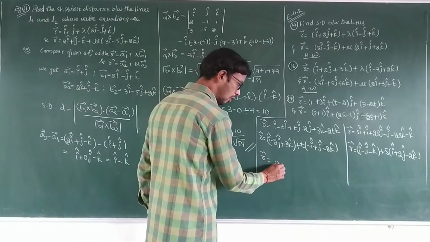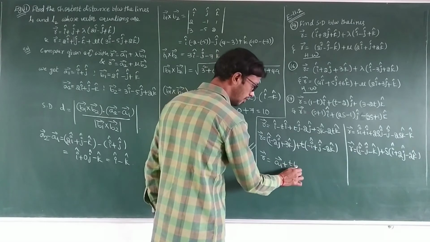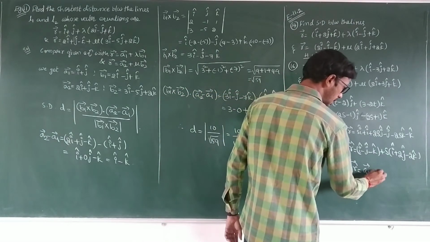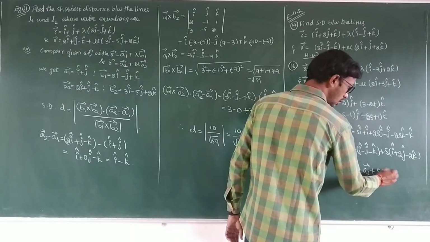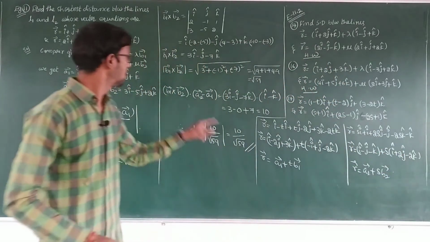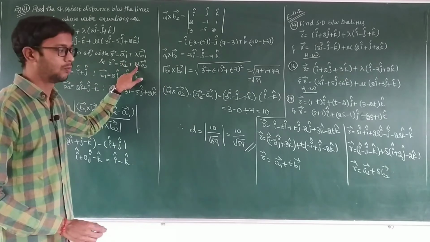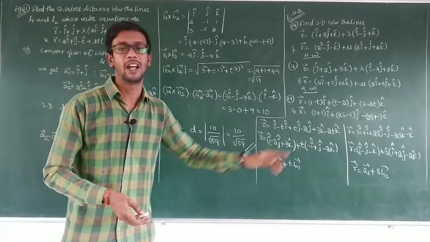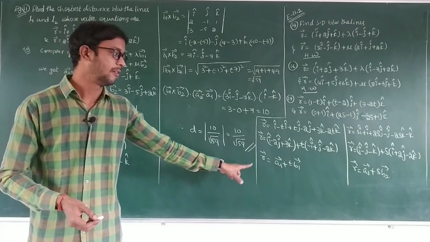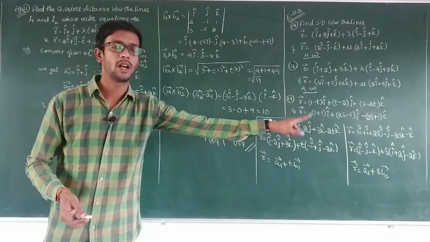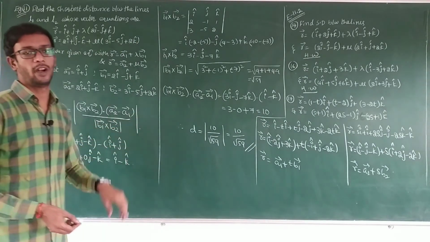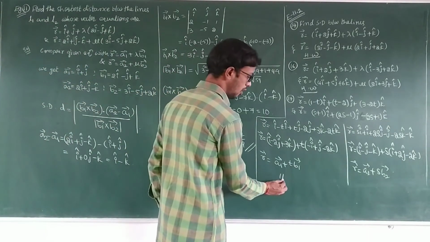So now compare this later. R bar equal to A1 bar plus lambda B1 bar, R bar equal to A2 bar plus S B2 bar. Here what is the change? Here we won't use lambda and b; t and s are the constant terms. A1 bar, B1 bar, A2 bar, B2 bar, you will get the same values, same formula and simplify. So this is also taken as homework.